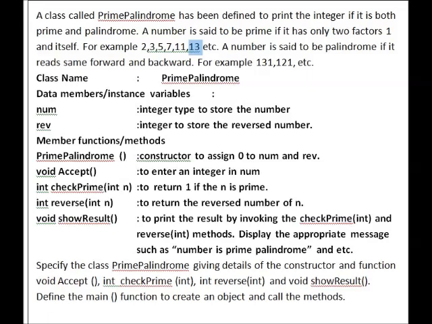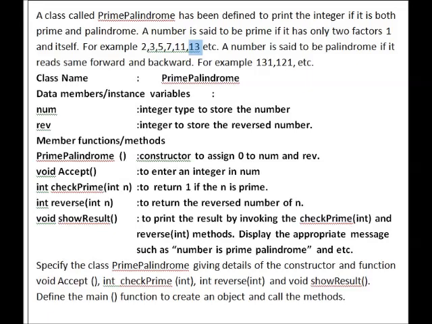Our first question is that we have to check whether a particular number is a prime palindrome or not. Here you can see the question on the screen. Please read the question and understand what a prime palindrome is.